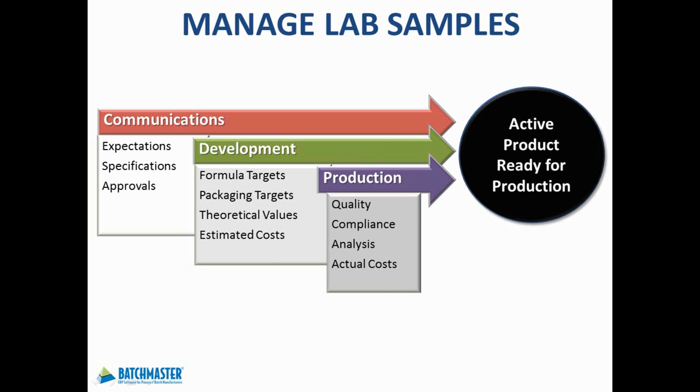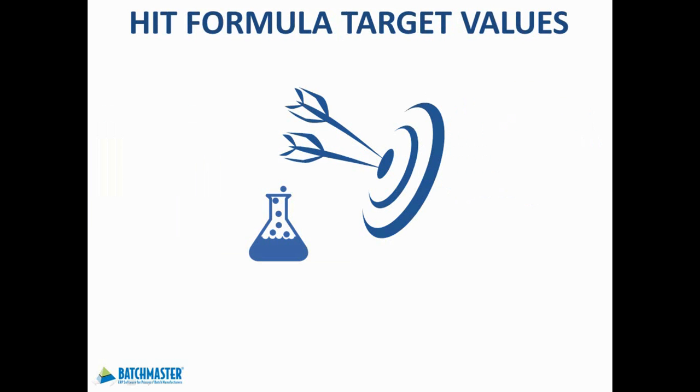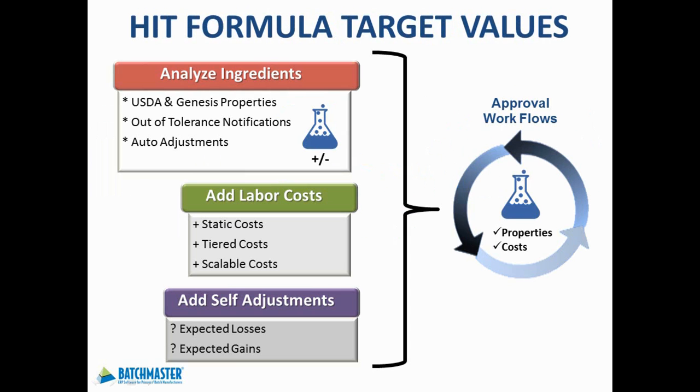development processes. Many product developers spend their valuable time on tedious, error-prone manual calculations when adjusting formulas to meet targeted physical and financial characteristics. With access to your ingredients' physical properties and costs, as well as your expected labor costs, any out-of-tolerance ingredients can quickly be identified, and your intermediate and finished good formulas can be easily adjusted in order